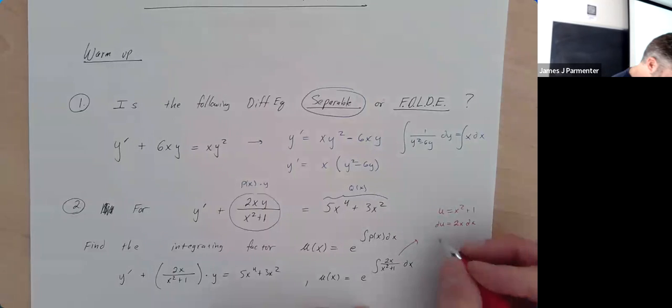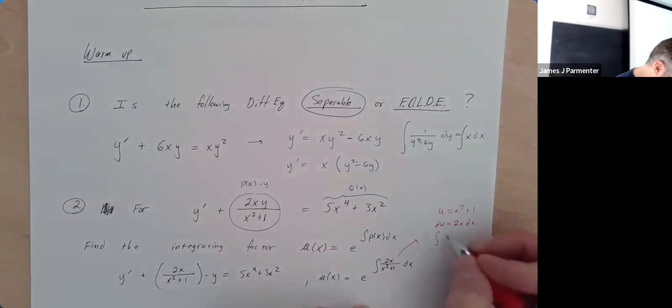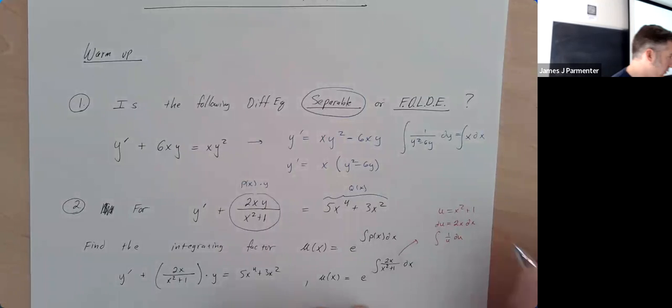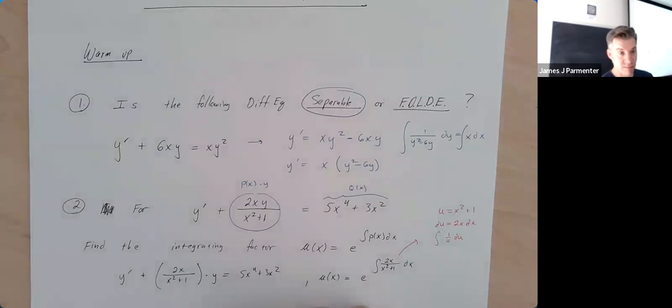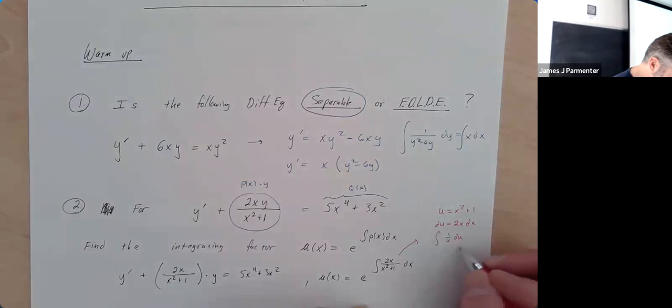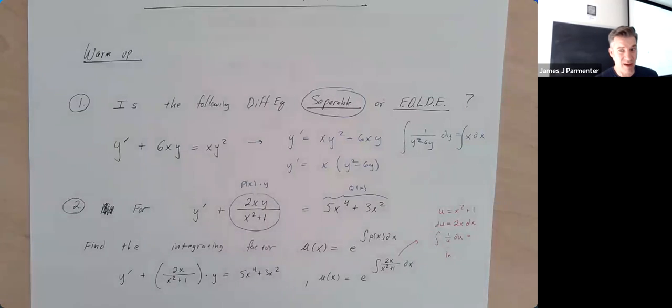So that integral becomes the integral of just 1 over u du. Or if you prefer, du over u. I prefer 1 over u du. And then integrating that, we're going to get the natural log of, again, when we're dealing with integrating factors, we